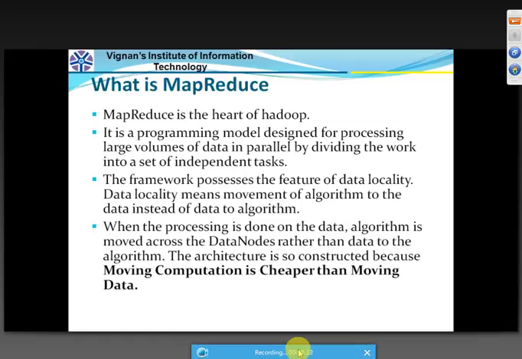What is the meaning of data locality? Data locality means movement of the algorithm to the data instead of data to the algorithm. Yes, this is the wonderful feature of Hadoop MapReduce. What is the important feature? Data locality. Previously, before the availability